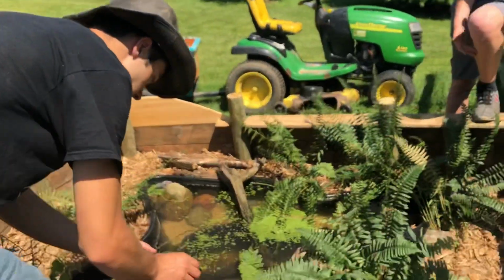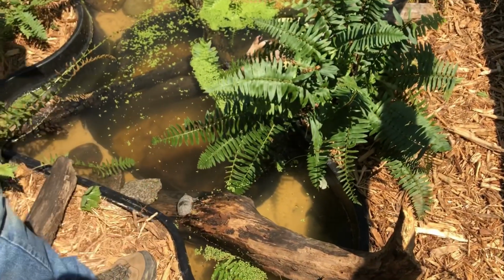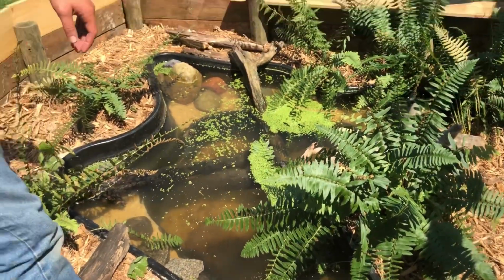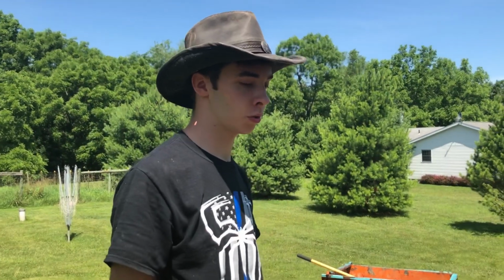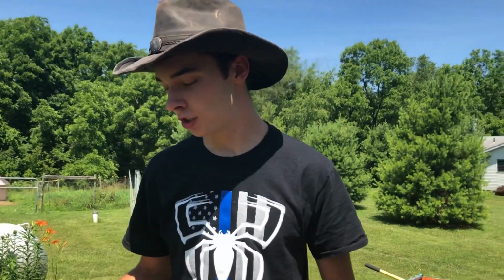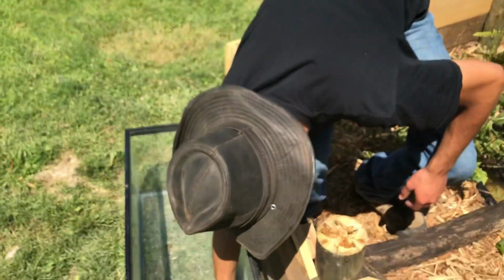Here it goes. We're gonna put him on this log right here. He can just swim into the water whenever he wants. Oh, there he goes. But I do swear, I have the other musk turtle. I just couldn't find her, and today's the perfect day to shoot this video. All right, and then over here,